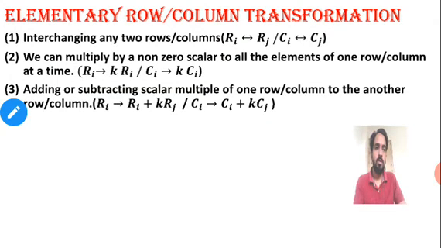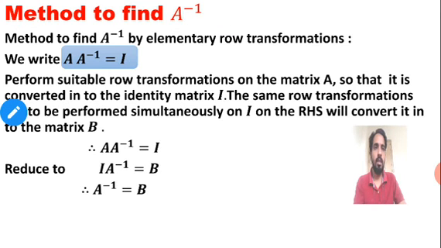Today I am going to show you how to find the inverse of a matrix of order 3 by 3, but again I am recalling the formula that I taught you in the last video. The formula for finding A inverse is A into A inverse is equal to I. This is for row transformation. I am showing you row transformation only.